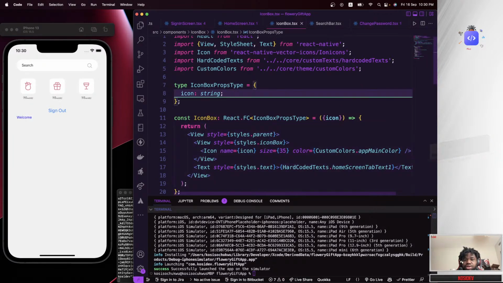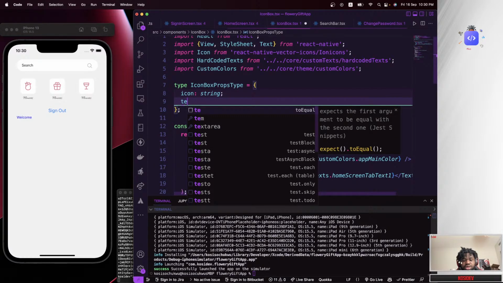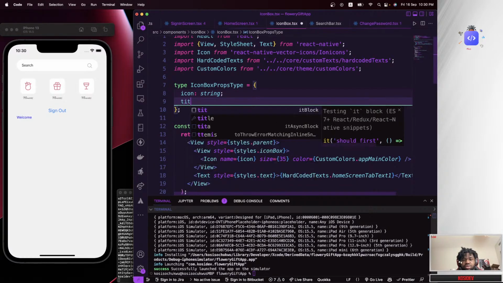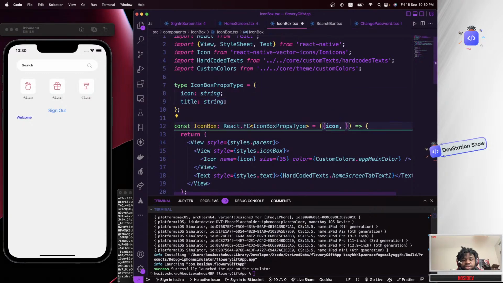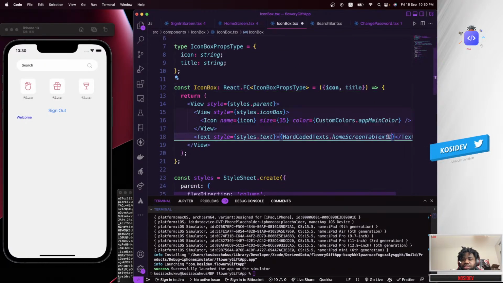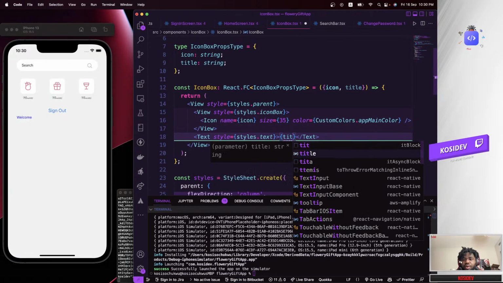How to do that, we need to create, inside our prop here, something called product title, type of string. Can get hold of it from the instruction right here, title, and then use that inside here. Remove the hard-coded string. Let's say title,